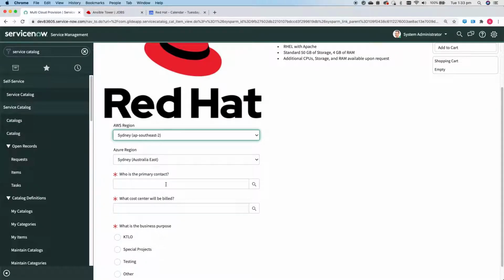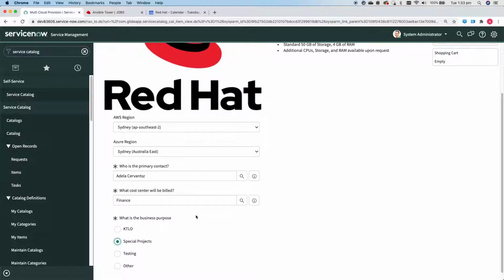And really what we're asking for here is variables that will help Ansible Tower start that automation. So we're asking questions here about the Azure and AWS regions. We're deploying into Sydney in this case, but also at the project level, you might have requirements around who's the primary contact of the change, what cost center. So we'll fill that out right now, and also special projects. You can have as many variables as you want in here, so whatever is required to drive the automation,